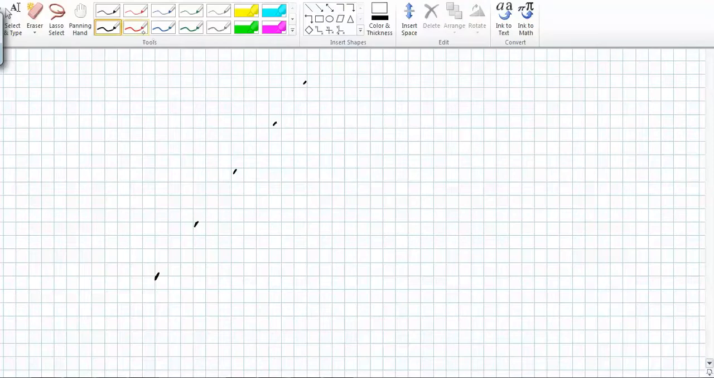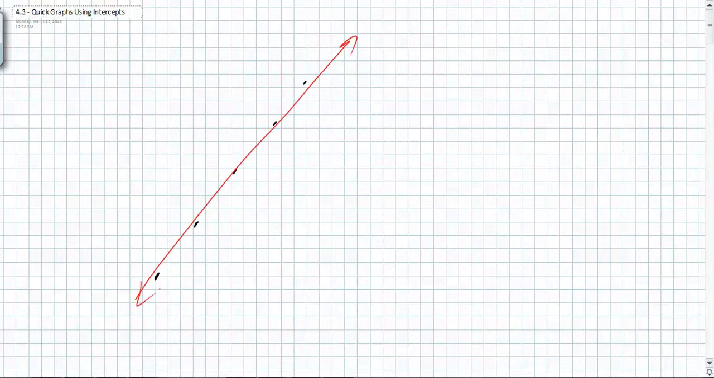The first way we went about graphing a function was to make a table, come up with some inputs, some x values, figure out the y values, and then plot the points. We'd plot 1, 2, 3, 4, 5, maybe 6, 7 points, and then we would connect them all in a straight line. Now, there are other ways to graph a line, a graph being the collection of all possible solutions,